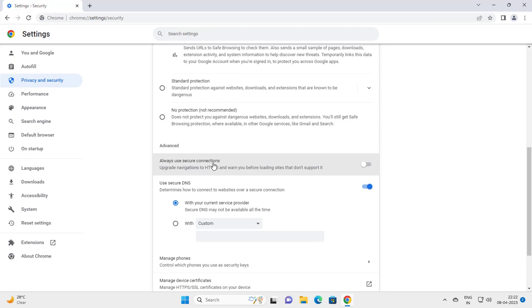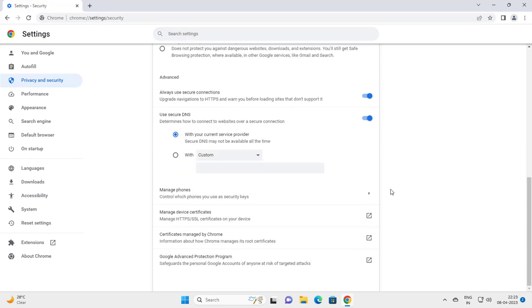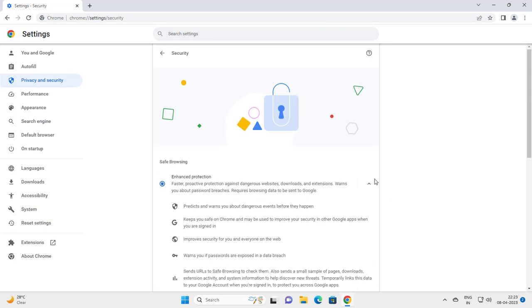Allow use secure connection. Upgrade navigation to HTTPS. You want to enable this, and go back,